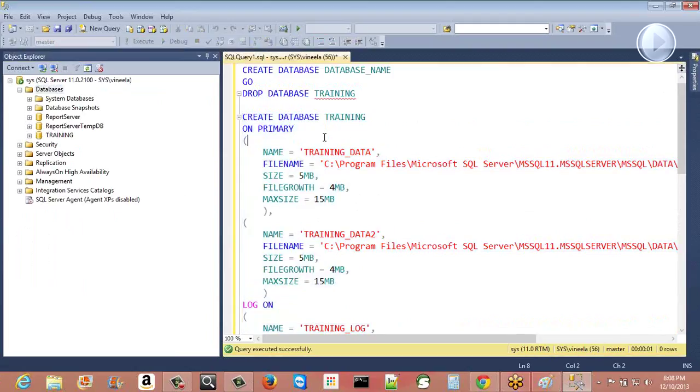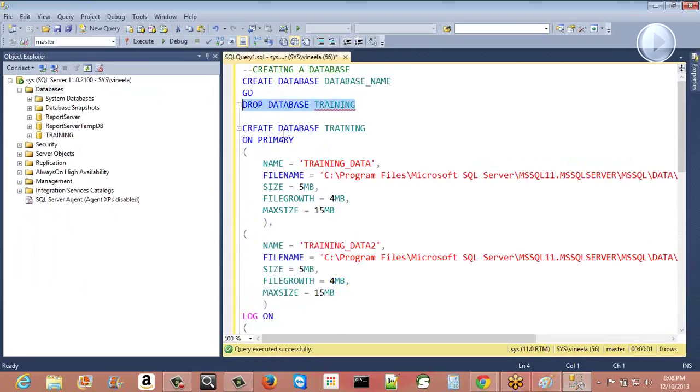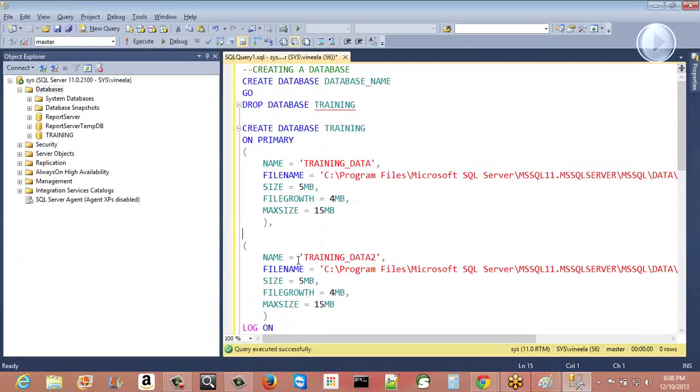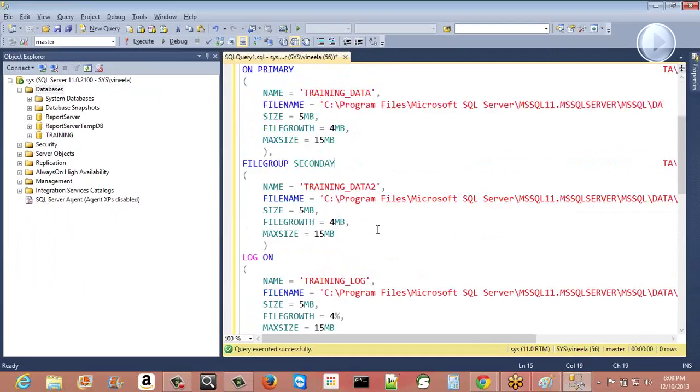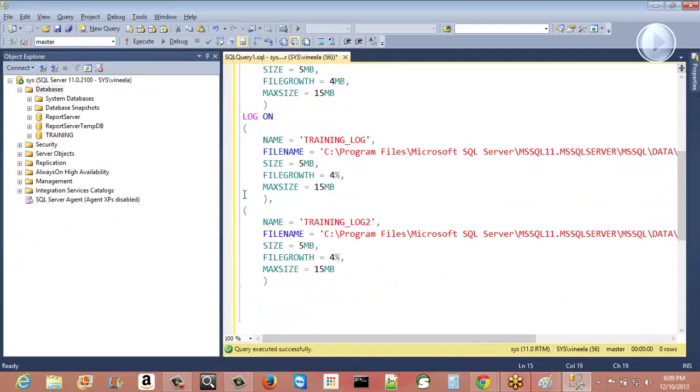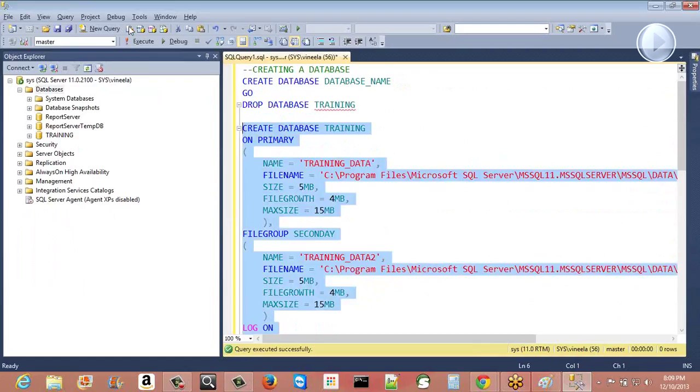Now, if you want to create the first file on the primary file group and the second file on another file group, I'll drop the database. That's my primary file group, and let's say my secondary file group is this. Okay, so that's my secondary file group. And for log files, you cannot have file groups. Once I select that particular query,